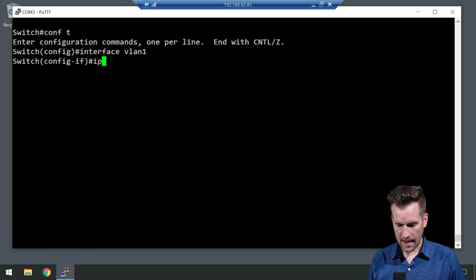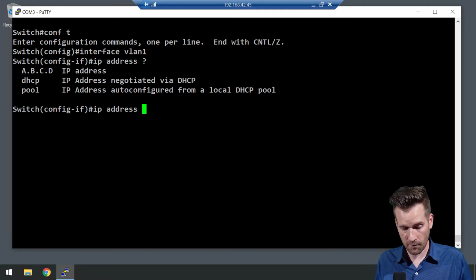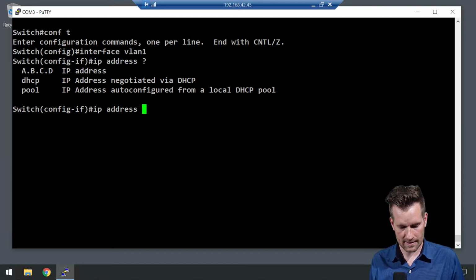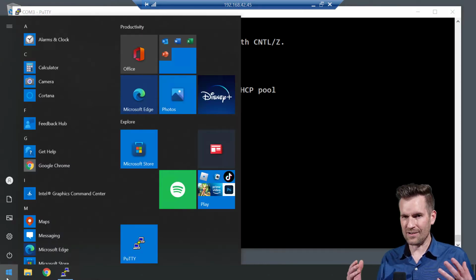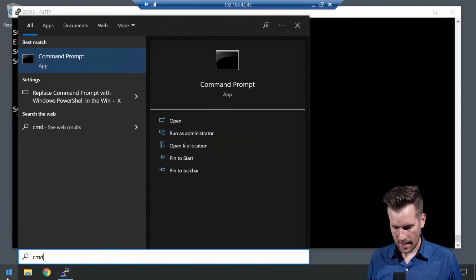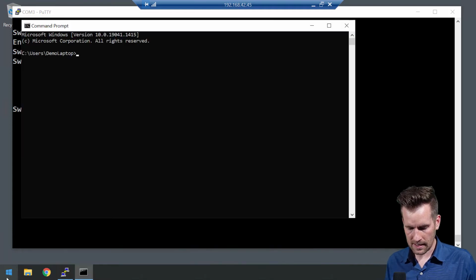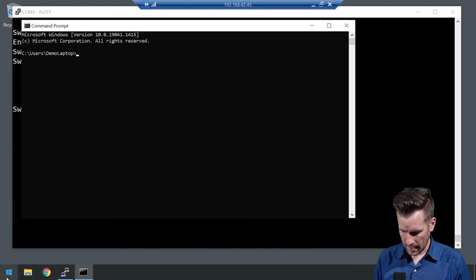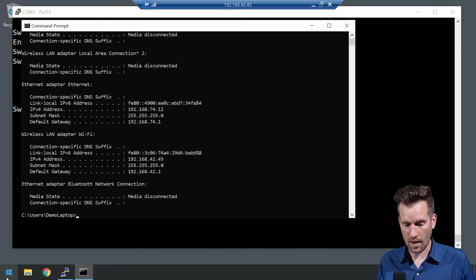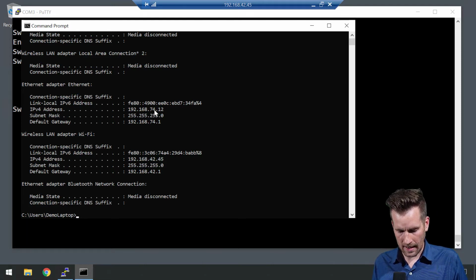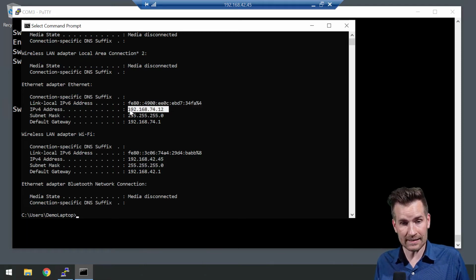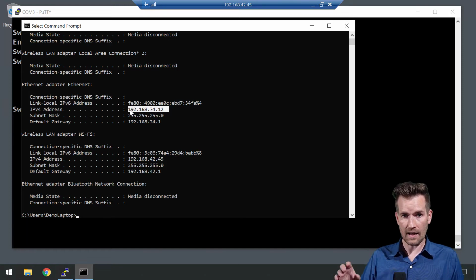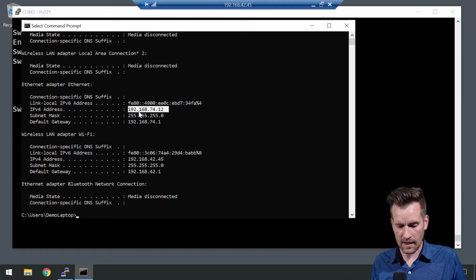I'm going to type in ip address, and then I'll do a question mark. It's asking for an IP address. So now I need to come up with what IP address I'm going to assign it. Hopefully I know this information ahead of time. I'm going to type in CMD to bring up a command prompt, and I'll do ipconfig to see what this computer is assigned to, and its Ethernet port, which is plugged into FA014, so it's plugged into FA014, and its IP address is